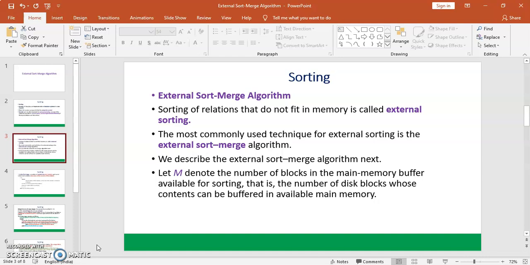Let M denote the number of blocks in the main memory buffer available for sorting, that is, the number of disk blocks whose contents can be buffered in available main memory. This has the advantage that disk access can be reduced.